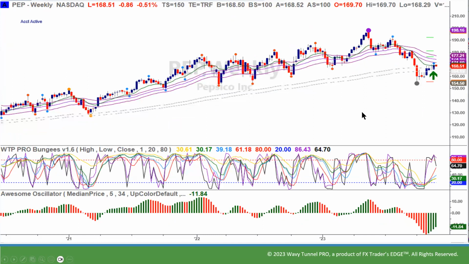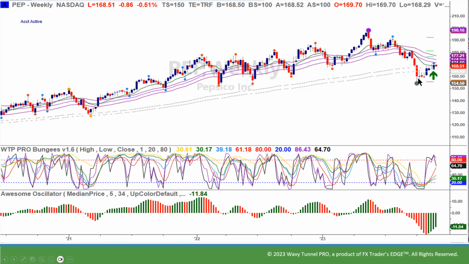Here's another one, PepsiCo. And this was a very, very strong uptrend. And then we had, remember I said, like with the Qs, first I would expect us to move down to the green EMA. Well, in this example, that's the first level, and then it goes down to the wave. So we had a move down, and then we had the correction up for the B, and then the C wave down. So this is exactly the pattern that I'm looking for